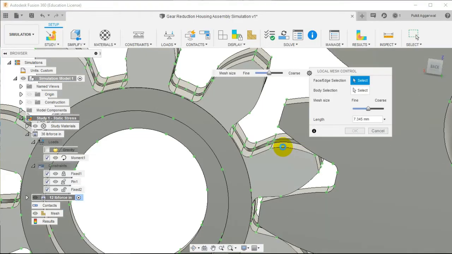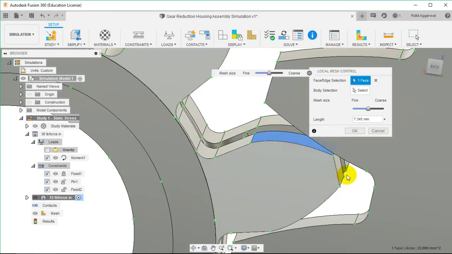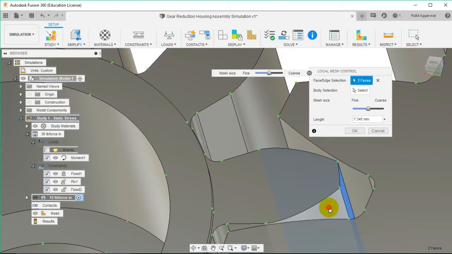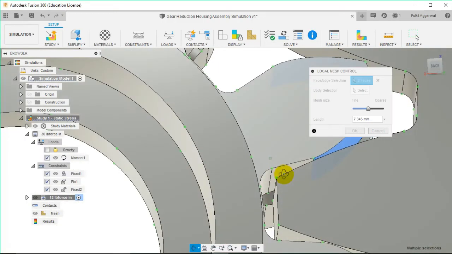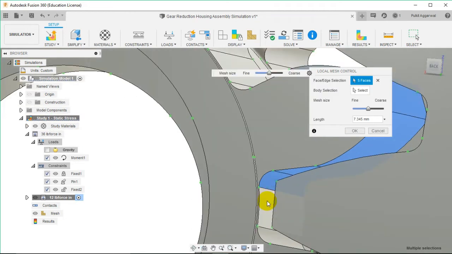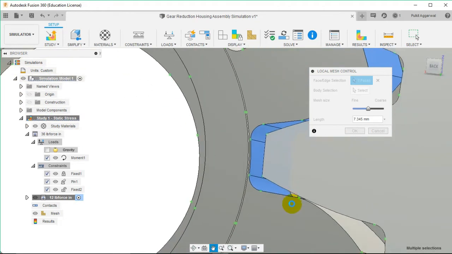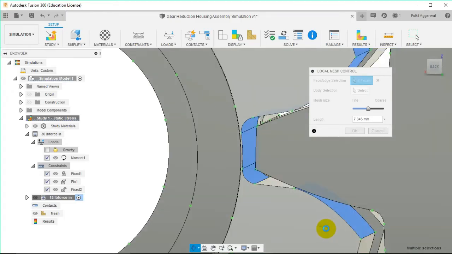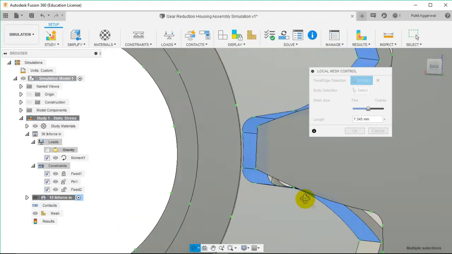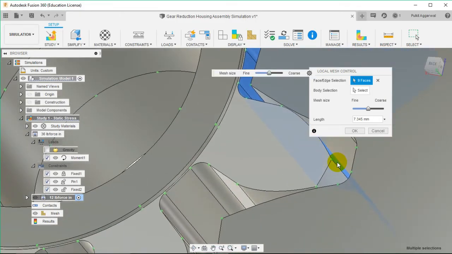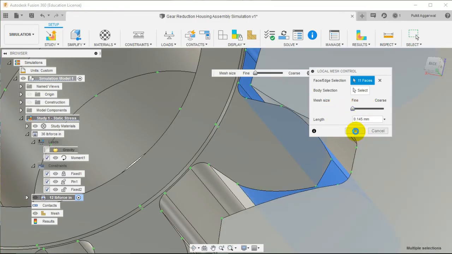In this, select the surfaces that are in contact with the spur gear. And make the mesh size fine and click on OK.